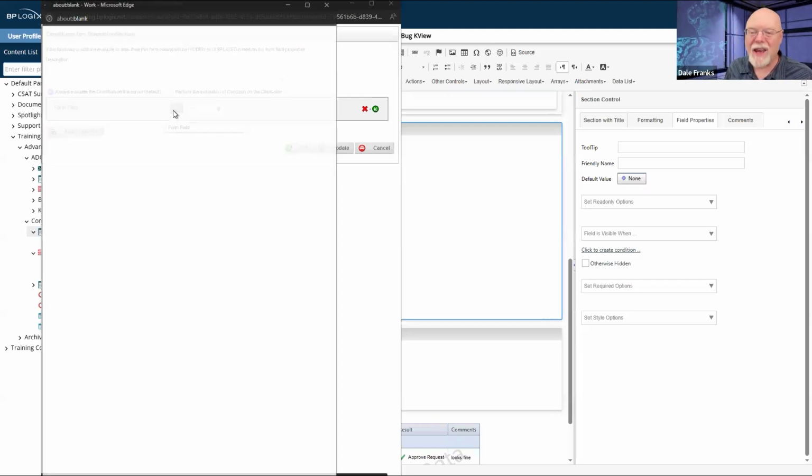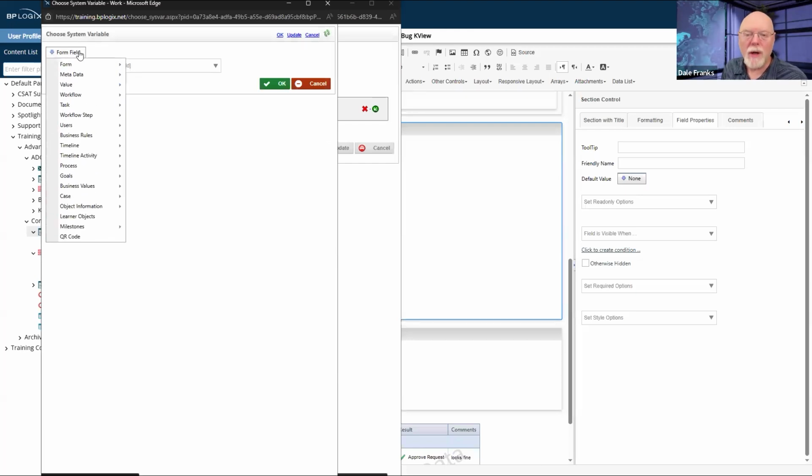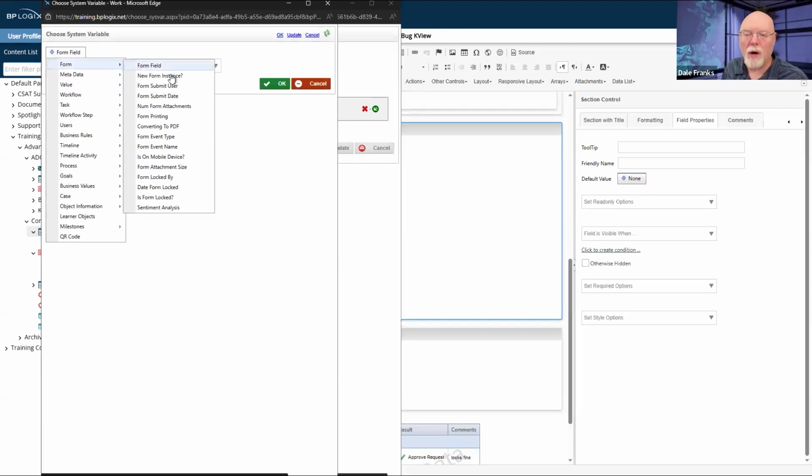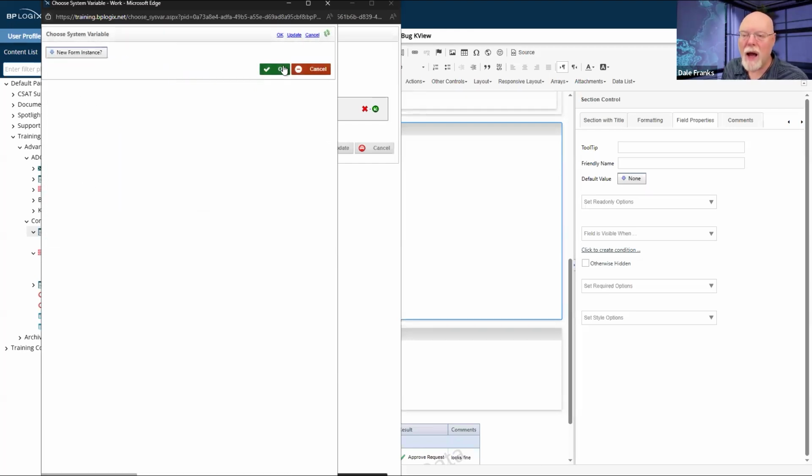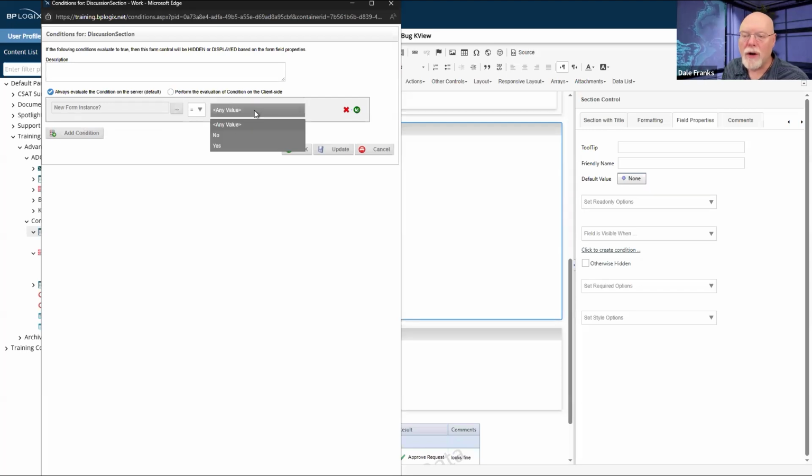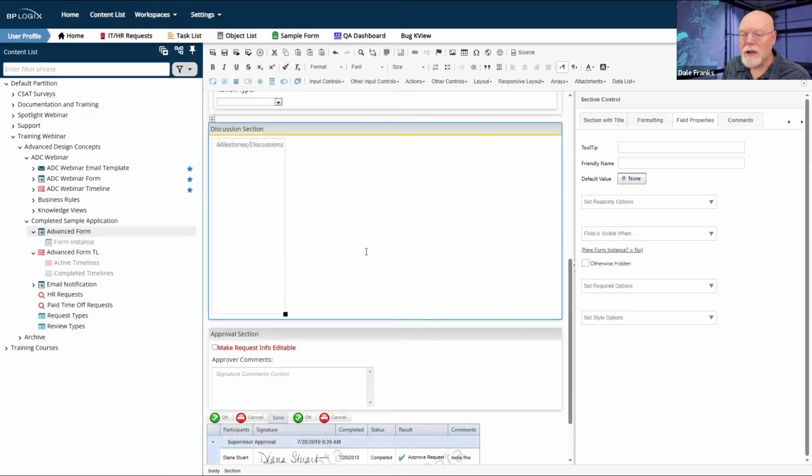So I think in this example, what we'd want to do is just go to new form instance, and we would only show this when new form instance equals no. So this section won't appear whenever I create a new form. It will only appear after I have submitted the form.